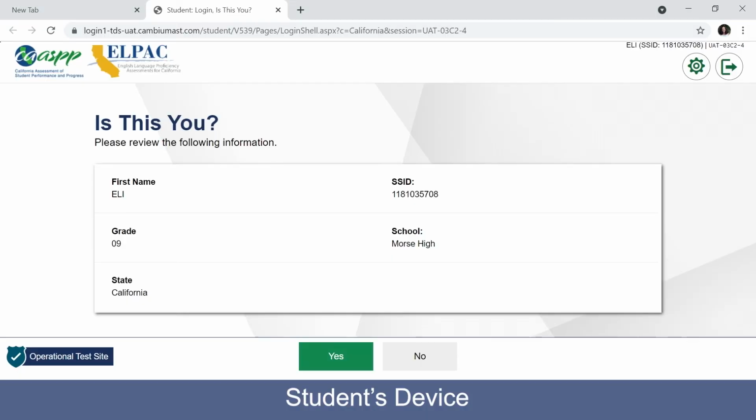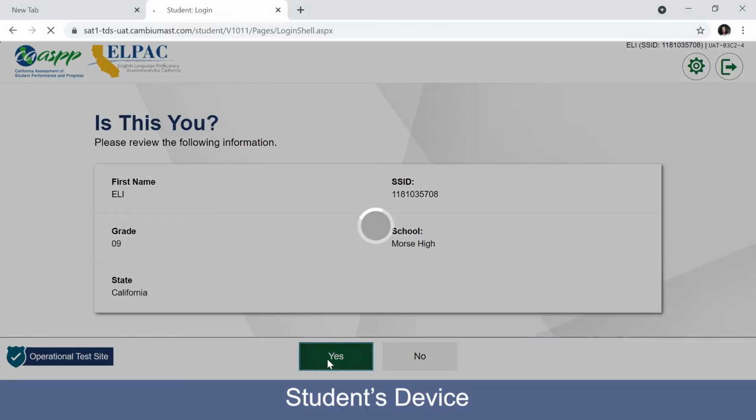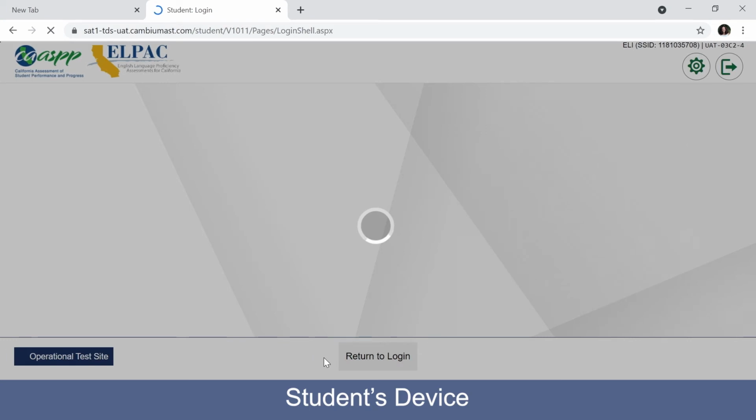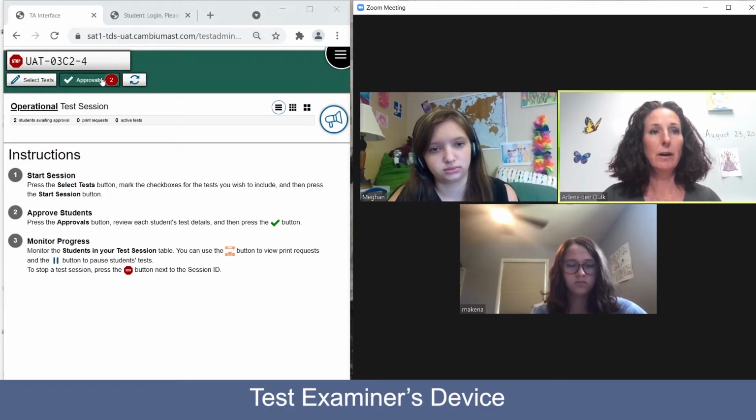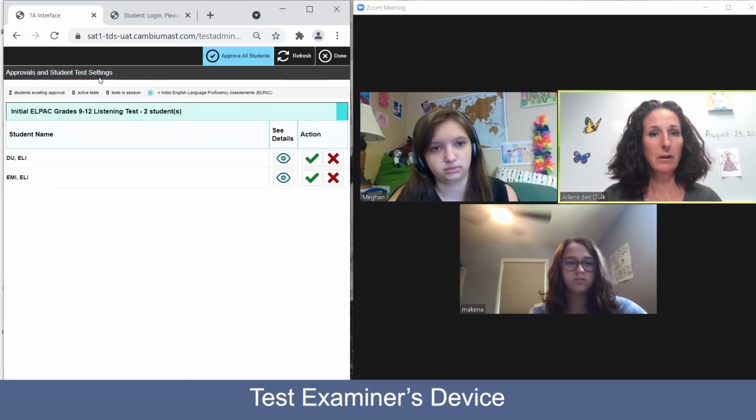Go ahead and click yes. And then you're going to see a screen that has 3 tests on it. It has boxes. Okay, do you see that, McKenna? The 3 tests? Do you see the one that says listening? It says start initial ELPAC grade 9 to 12 listening test. So now you have to wait for me to approve you. Once I've approved you,